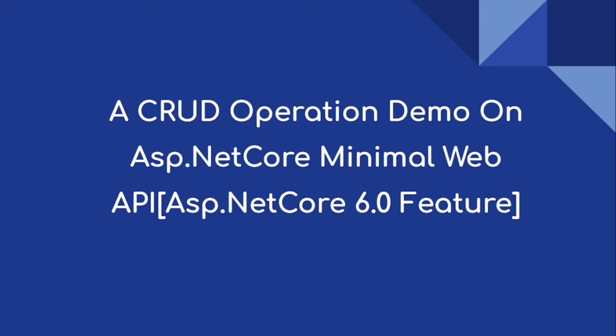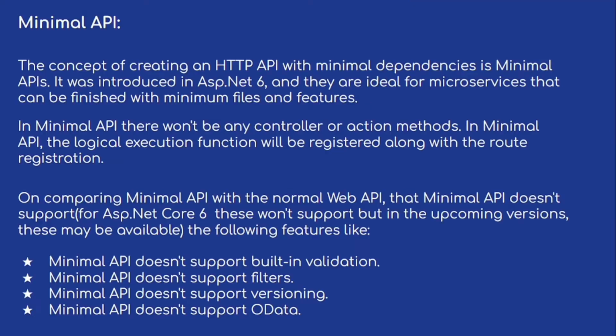Hi everyone. Today we are going to do a CRUD operation demo on ASP.NET Core Minimal Web API. It is an add-on feature from ASP.NET Core 6.0. So what is Minimal Web API? The concept of creating an HTTP API with minimum dependencies is called Minimal API. It was introduced from ASP.NET 6 and is ideal for microservices that can be finished with minimum files